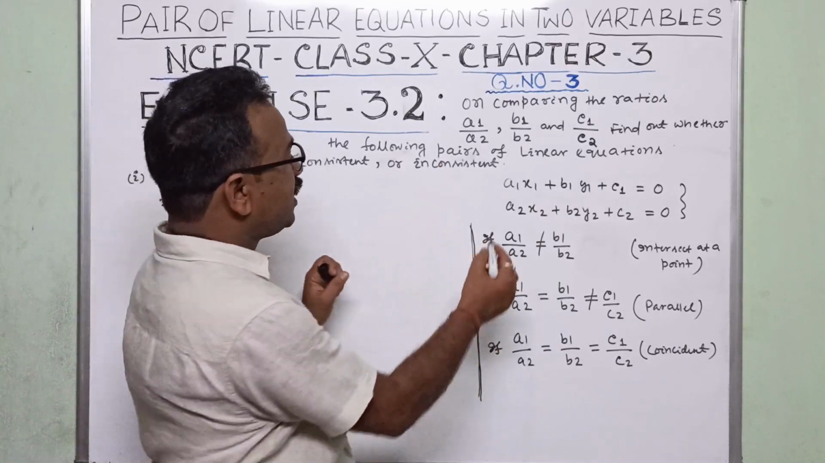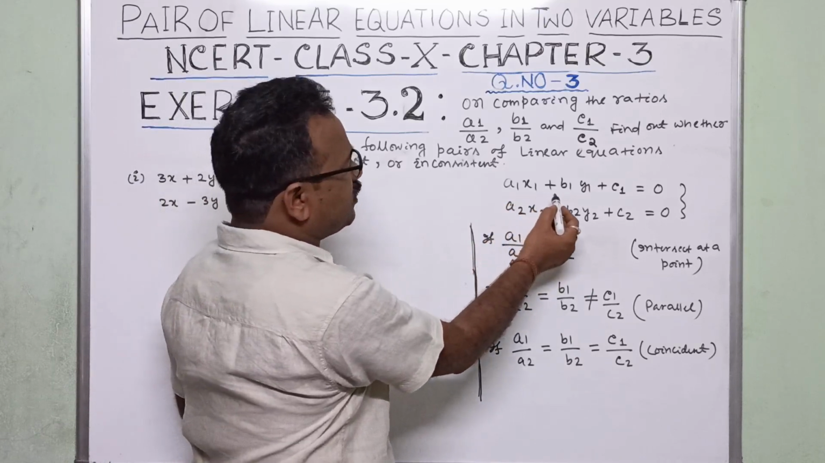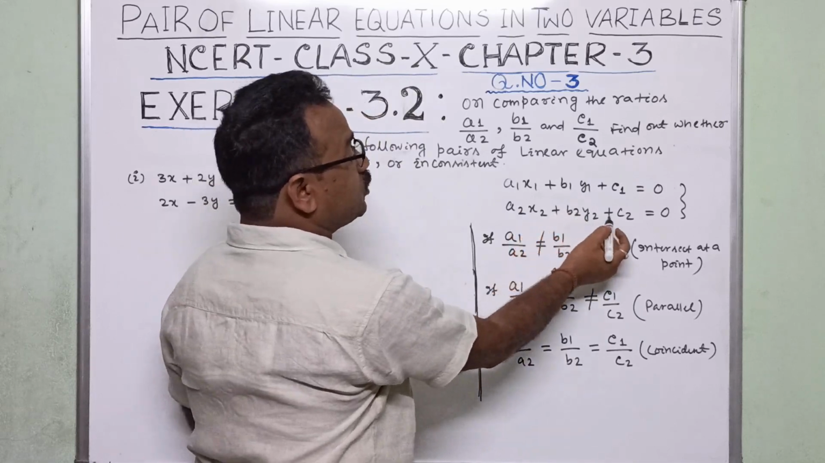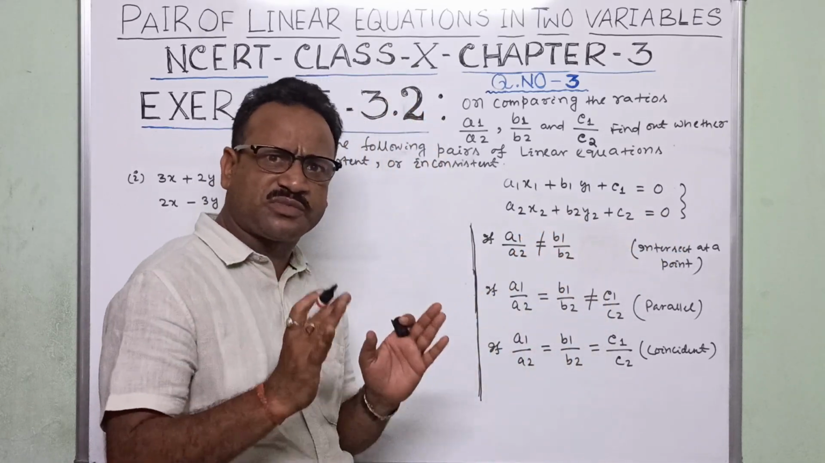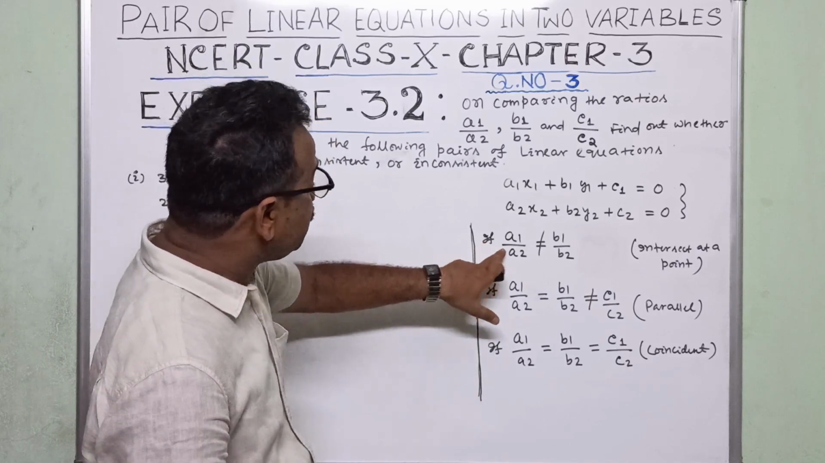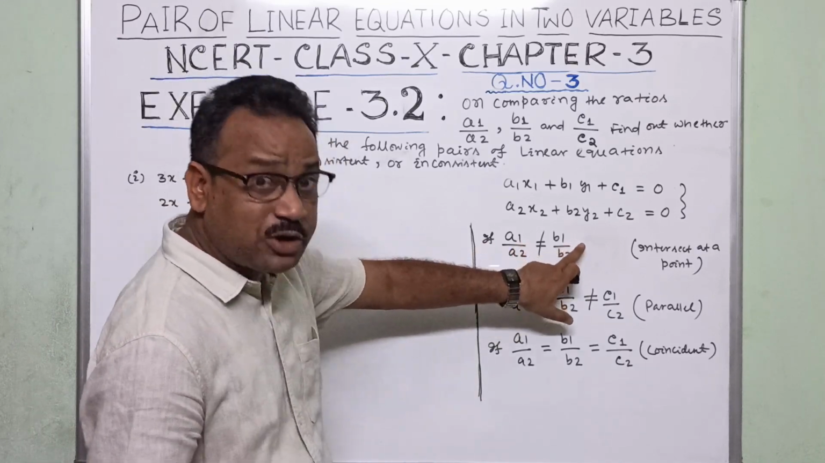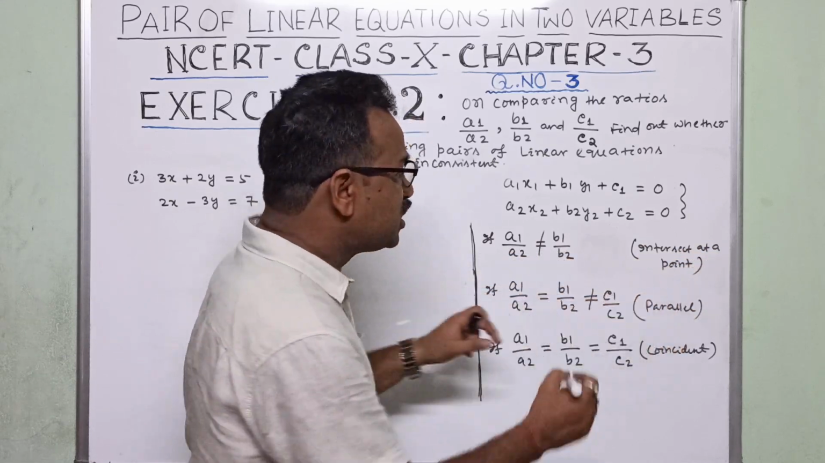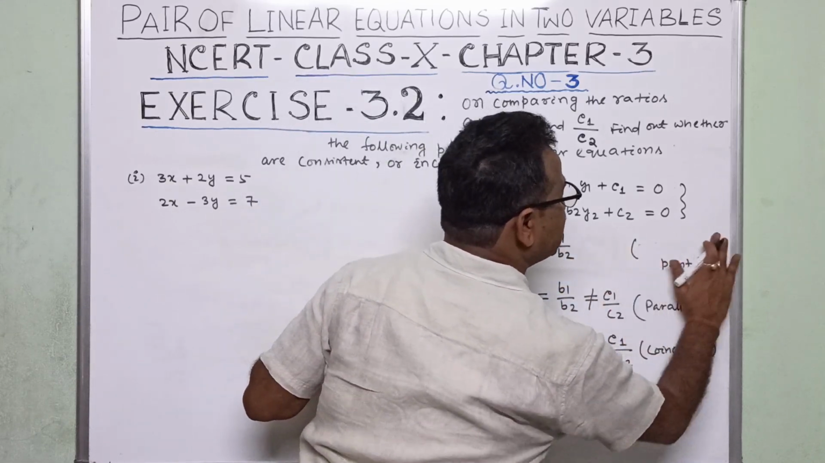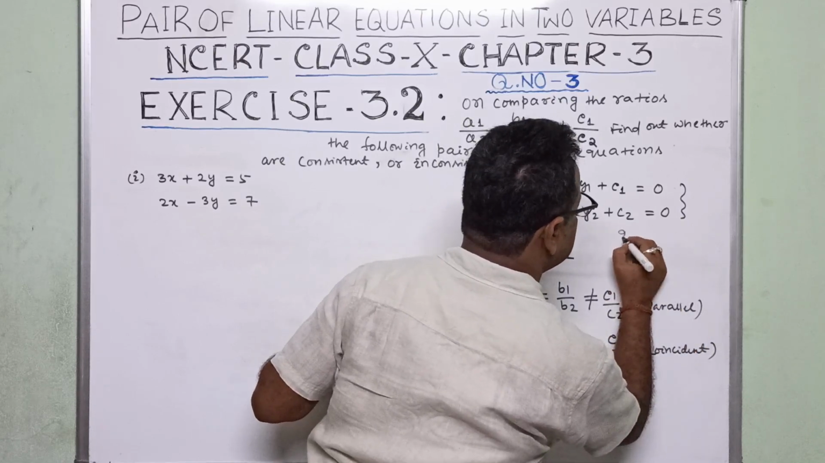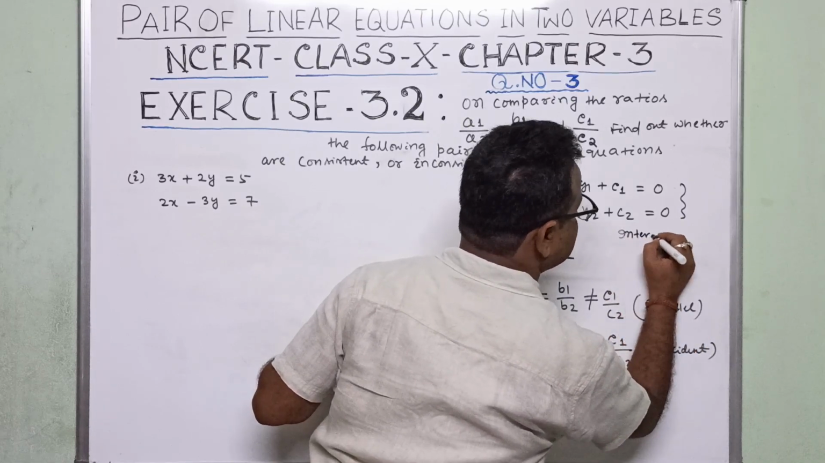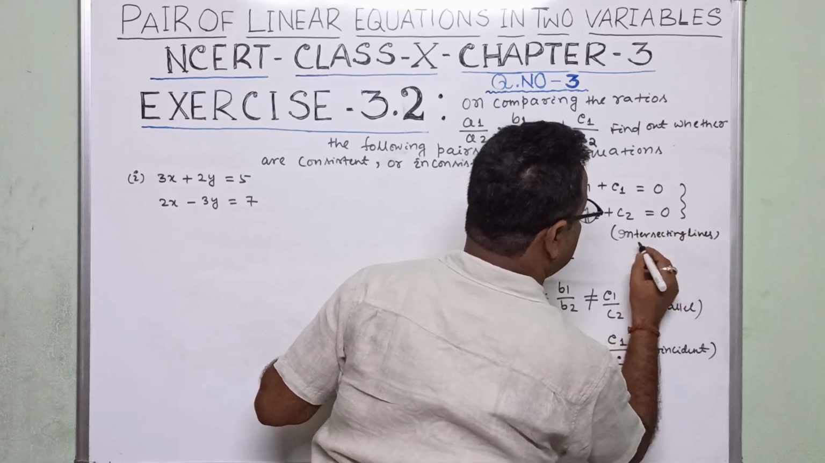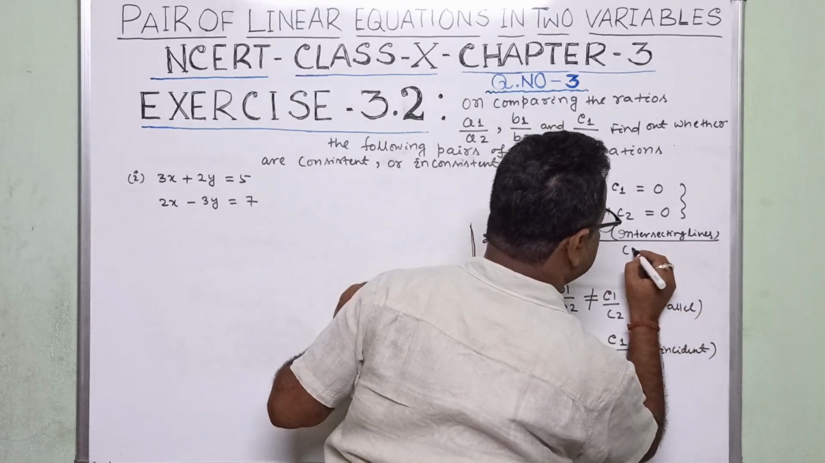General forms are a1 x plus b1 y plus c1 is equal to 0, and a2 x plus b2 y plus c2 is equal to 0. We know it from the conceptual part. So if a1 by a2 is not equal to b1 by b2, then the lines intersect at a point. Previous question we know. Intersect means intersecting lines. Intersecting lines are consistent